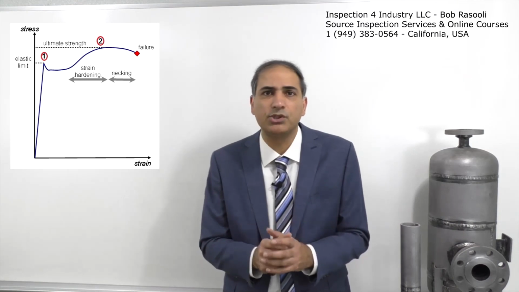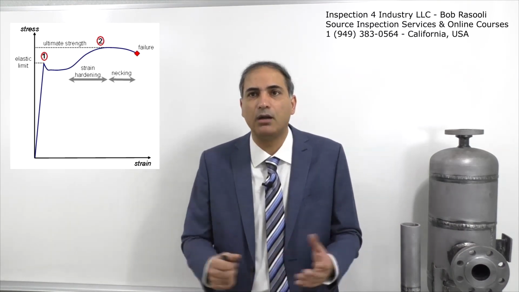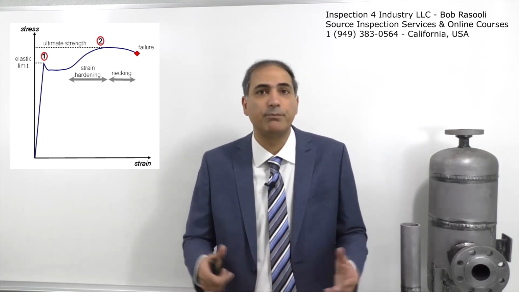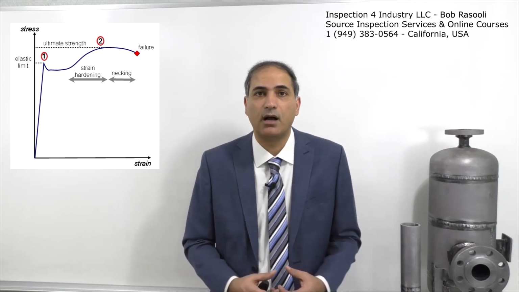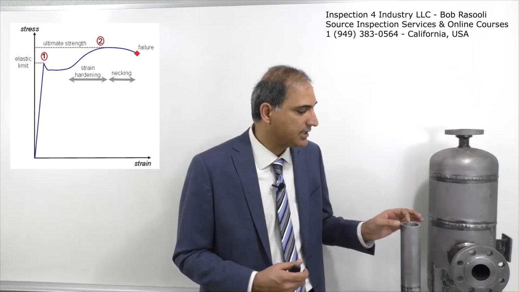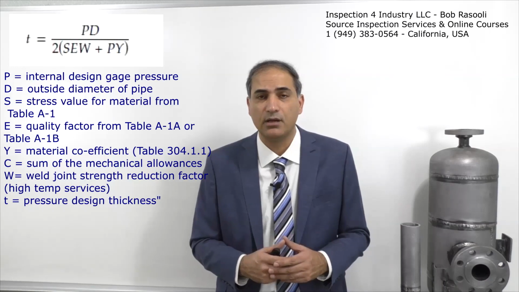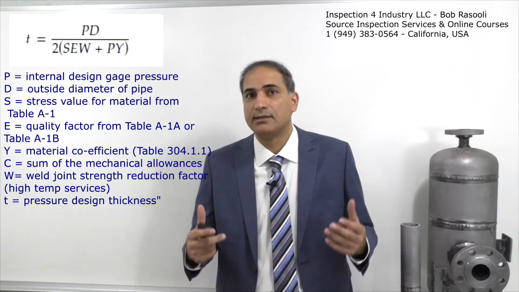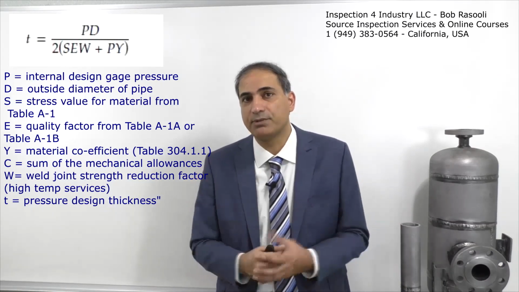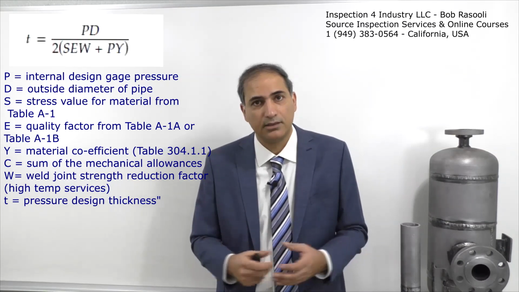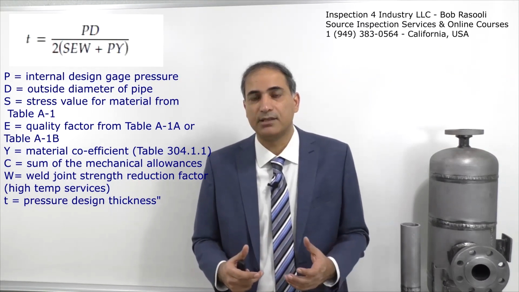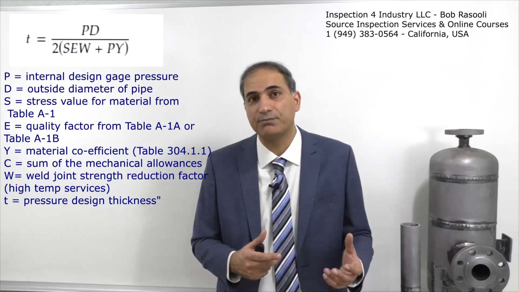So what am I supposed to do? Let's go back to our formula, the Barlow formula, or B31.3 formula, for designing our wall thickness for internal pressure. What am I supposed to put for this S? Am I supposed to put the 35,000 psi for yield strength, or should I put the 60,000 psi tensile strength? The answer is none of them, because if I put the 35,000 psi, you can see